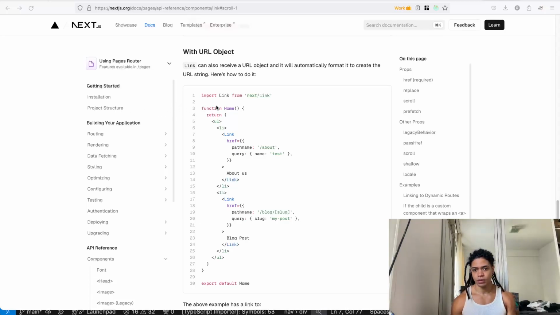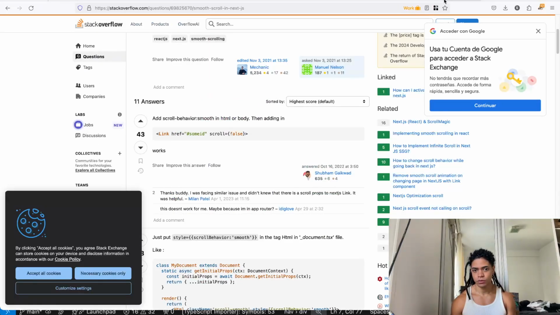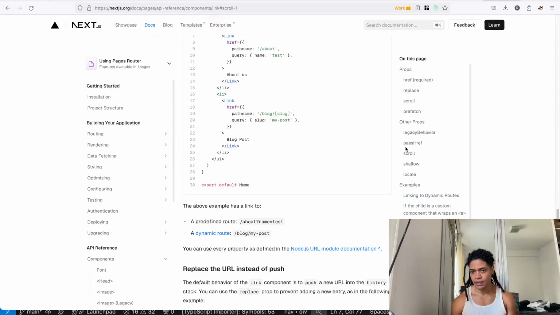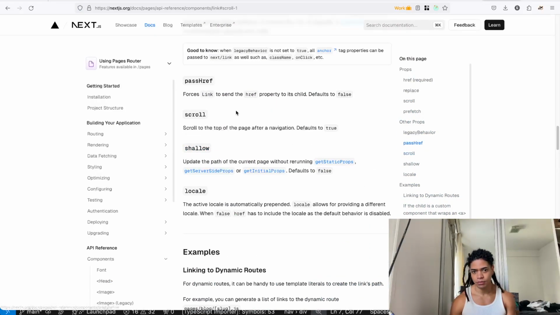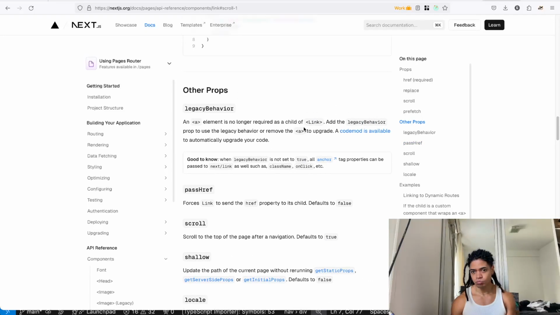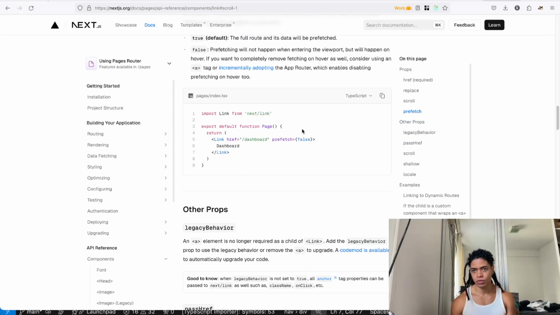Okay, and I want you now to, well, by taking a look at this, the scroll behavior, scroll to the top of the page after navigation. So if I add this, sorry.